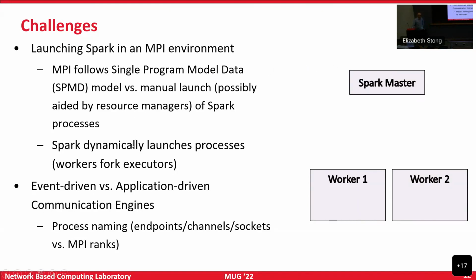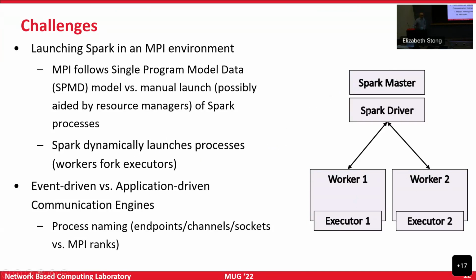Another challenge is that Spark is very dynamic, and it will dynamically launch processes. For example, this is a Spark master, and let's say we have 2 workers. This setup exists before you launch any execution. Now let's say a job comes and the Spark master executes a job for the end user.